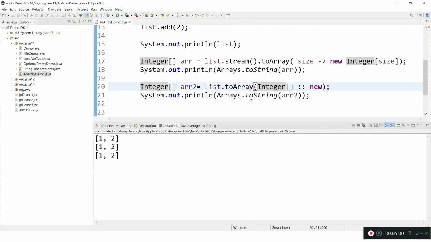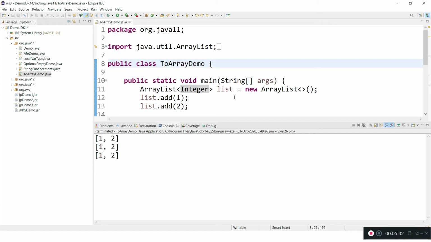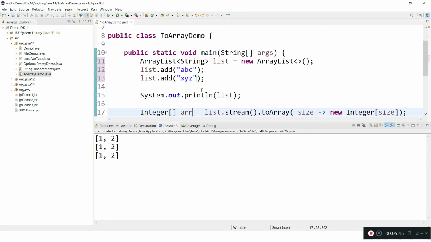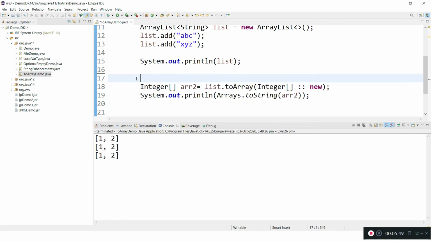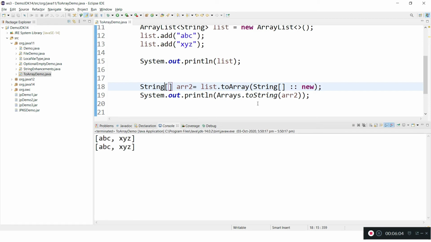type. Here not only integers, we can take any type. Let me take a string and I will show you. So we don't require this one for now. Here instead of an integer array, now data is a string array. So let me convert to string, and the return type is a string array. See, this is how we use a toArray.